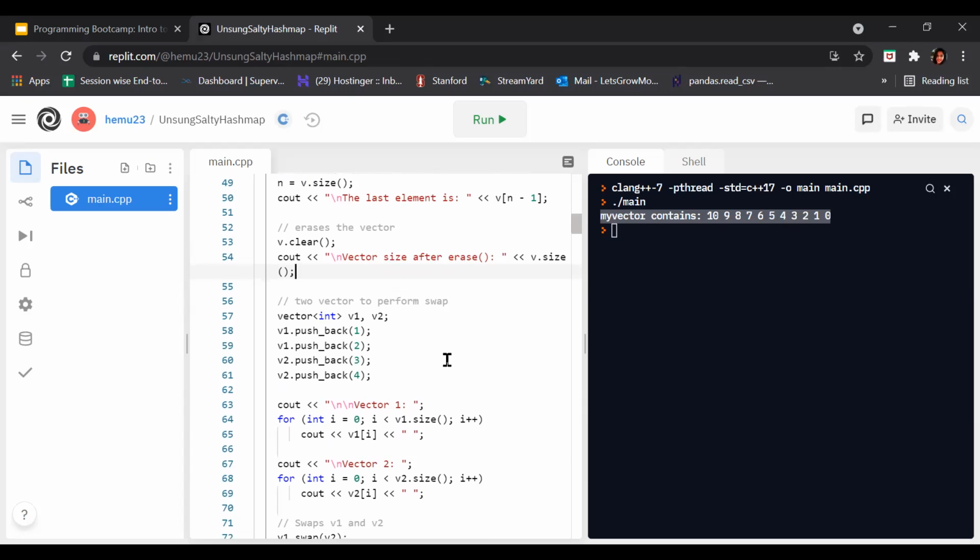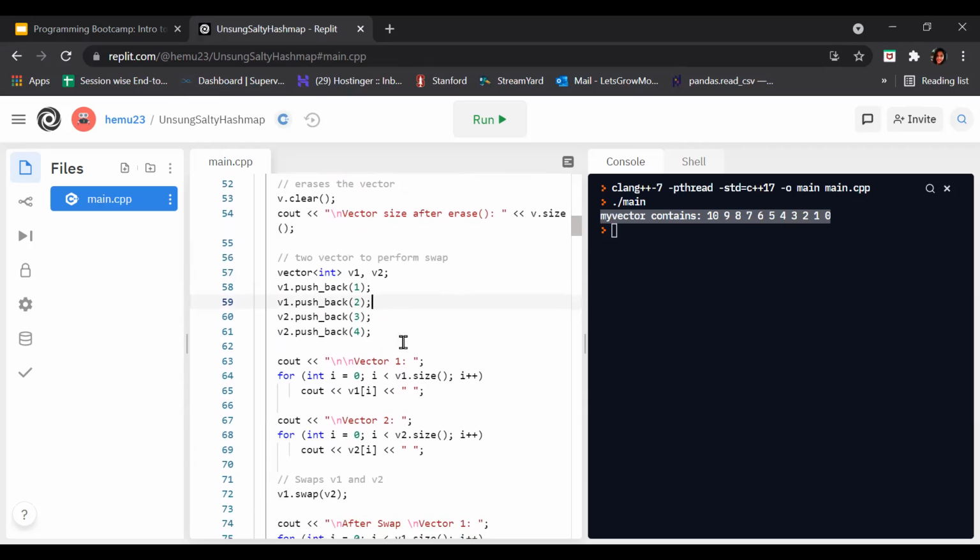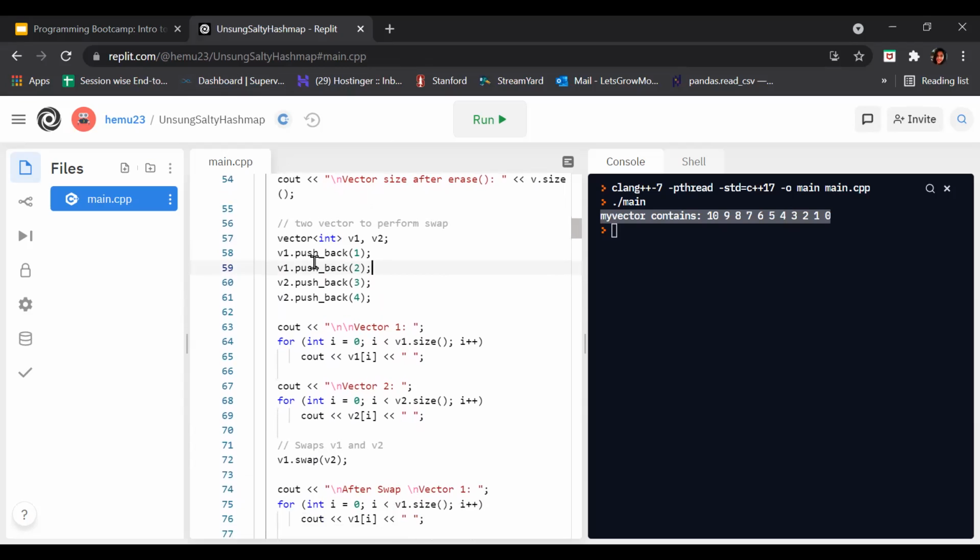Now we perform swap. As you all know, swapping is performed between two vectors. For this, we are creating two vectors of type int, v1 and v2. Now what we are doing here is v1 dot push back, which means add an element to the end: 1, push back 2, 3 and 4.